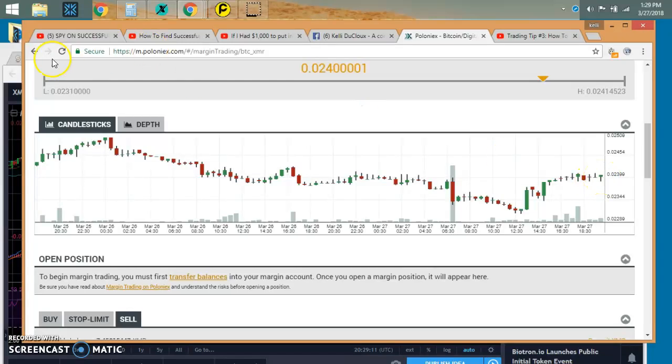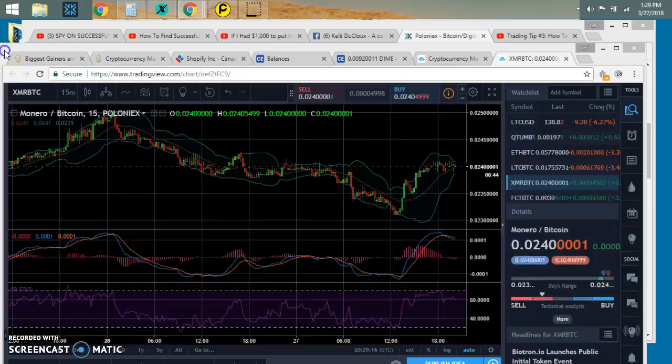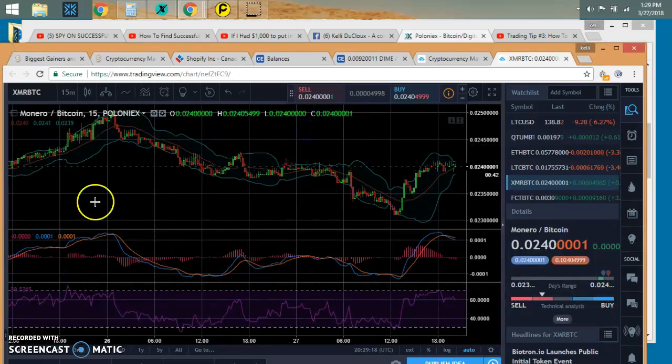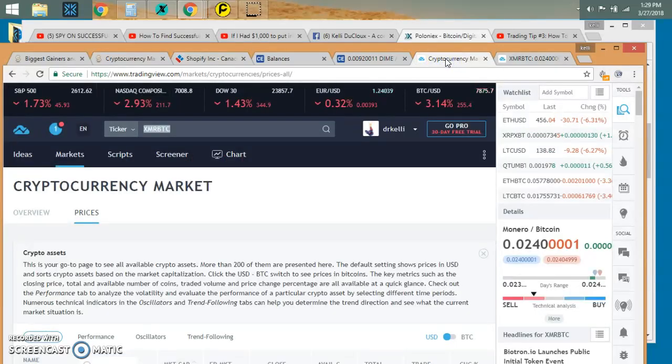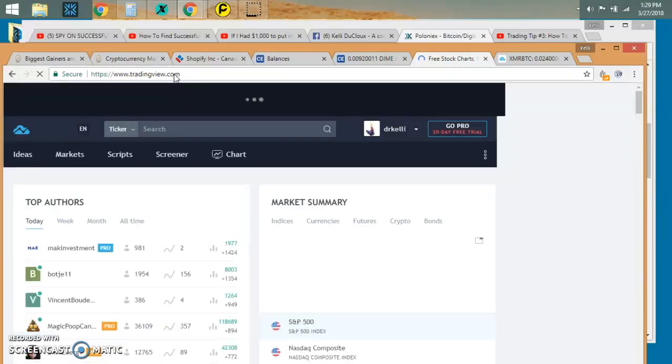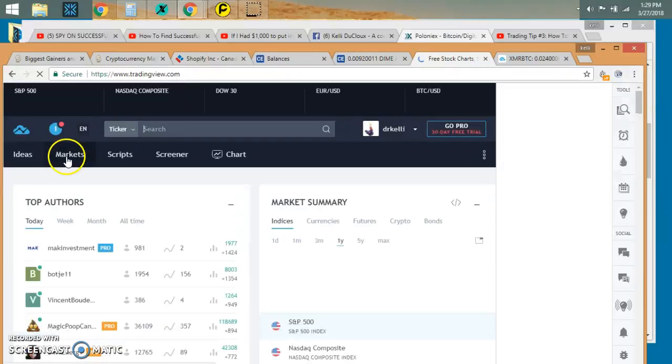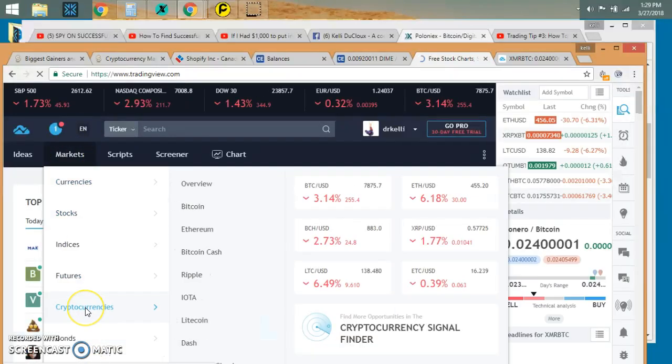So now I want to see what the main chart is, and do research on that. So this is the main chart. This looks all crazy, so I'm going to start from the beginning, and I'm going to go to TradingView. So I'm going to start all over again and show you how I get to that point. So TradingView.com, all right, and I'm going to go to Market and down to cryptocurrencies,